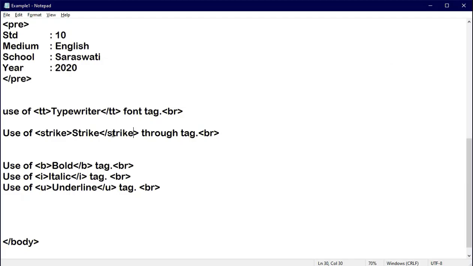So strike-through can be written, or the strike effect can be provided, using the s tag, or you can use the strike tag as well. But it doesn't mean that we can apply this in all the tags. No, whatever format they have given for using a tag, we have to use exactly that format, and only then can we get the proper output. Otherwise it is not possible to get the output on the screen in a proper manner. Is it clear, students?